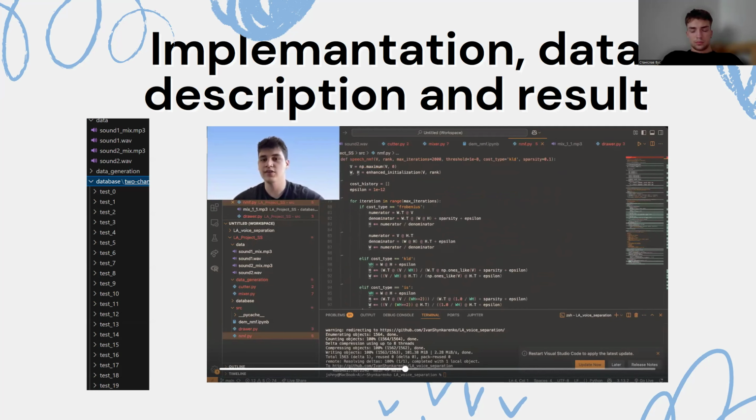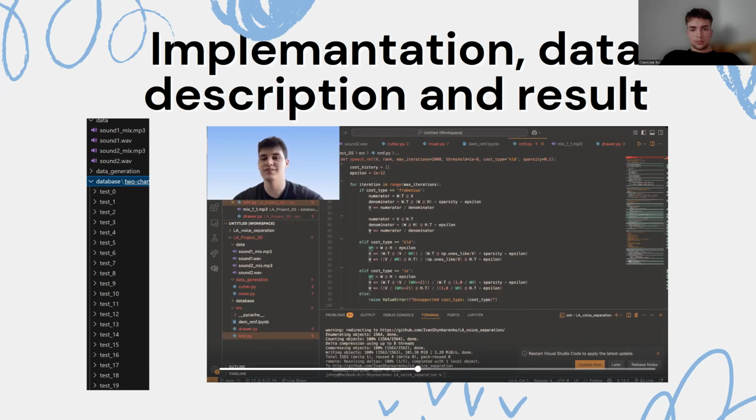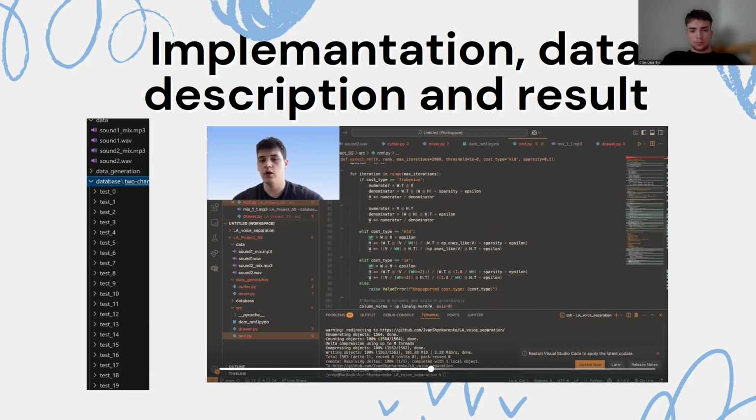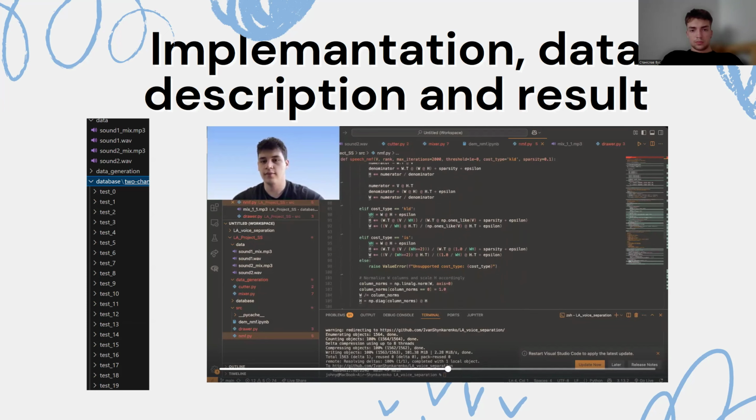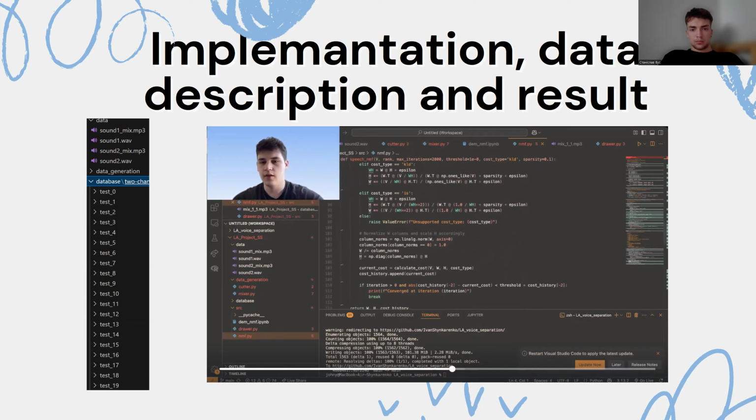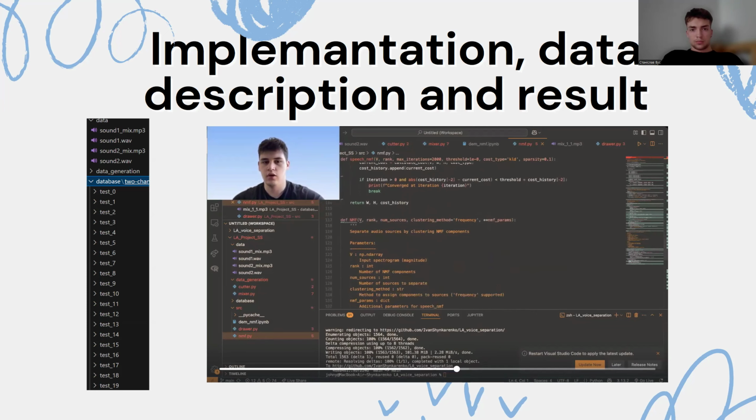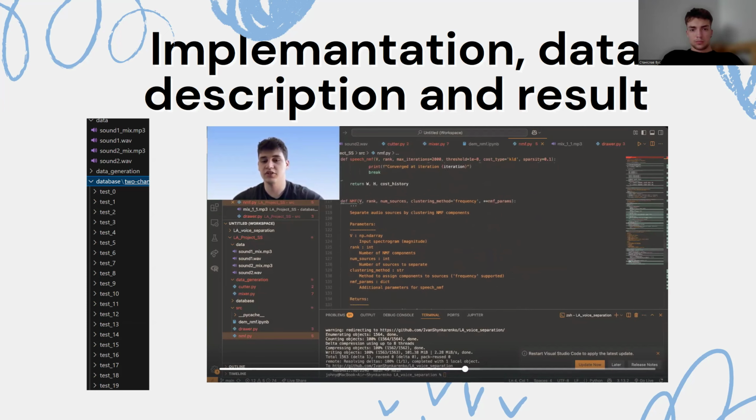Then here are our numerator and denominator. As you can see, in each iteration we update H and W, and then we renormalize each of them.